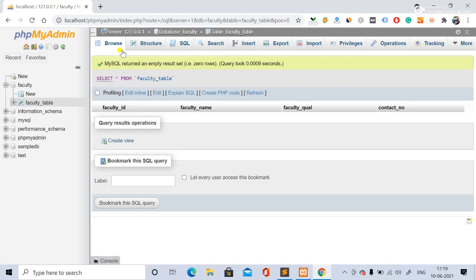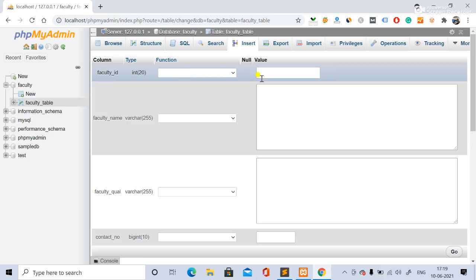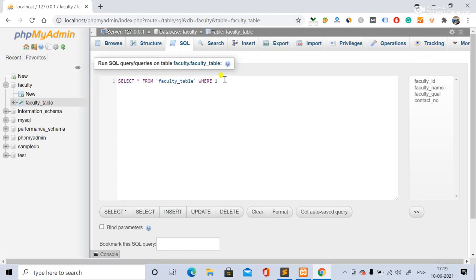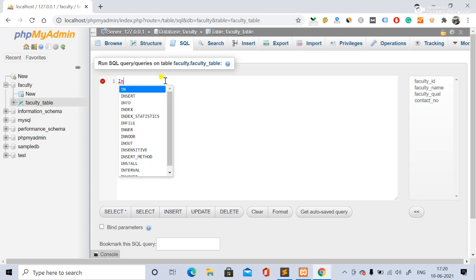Else you can do it directly by going to the structure also, right? Means this insert over here, you can directly go and insert the values, but now we will go through the query format so that we can study a little bit.